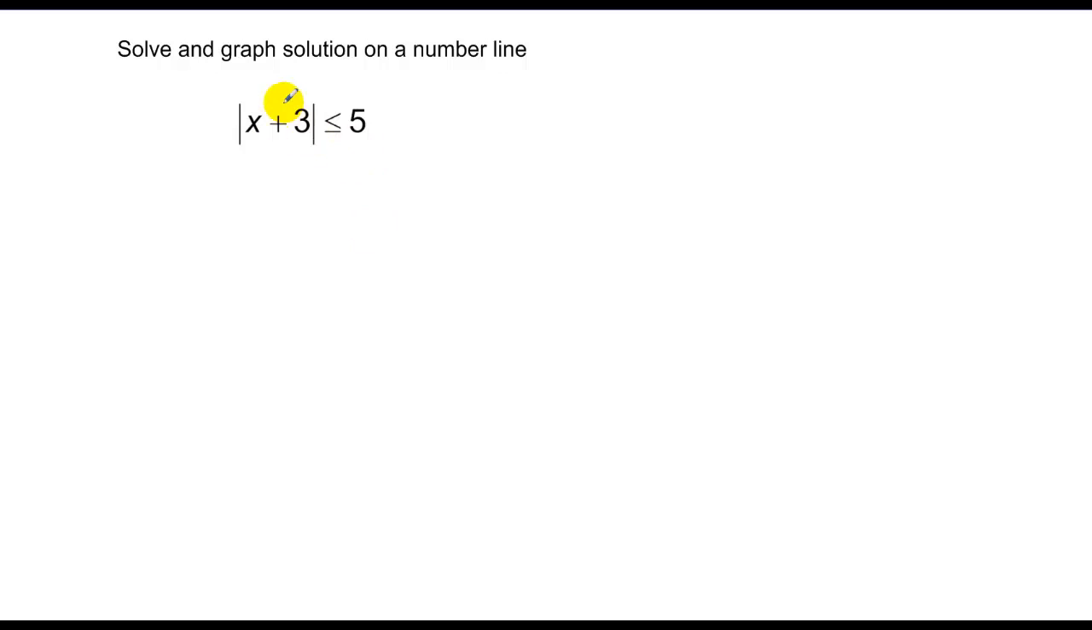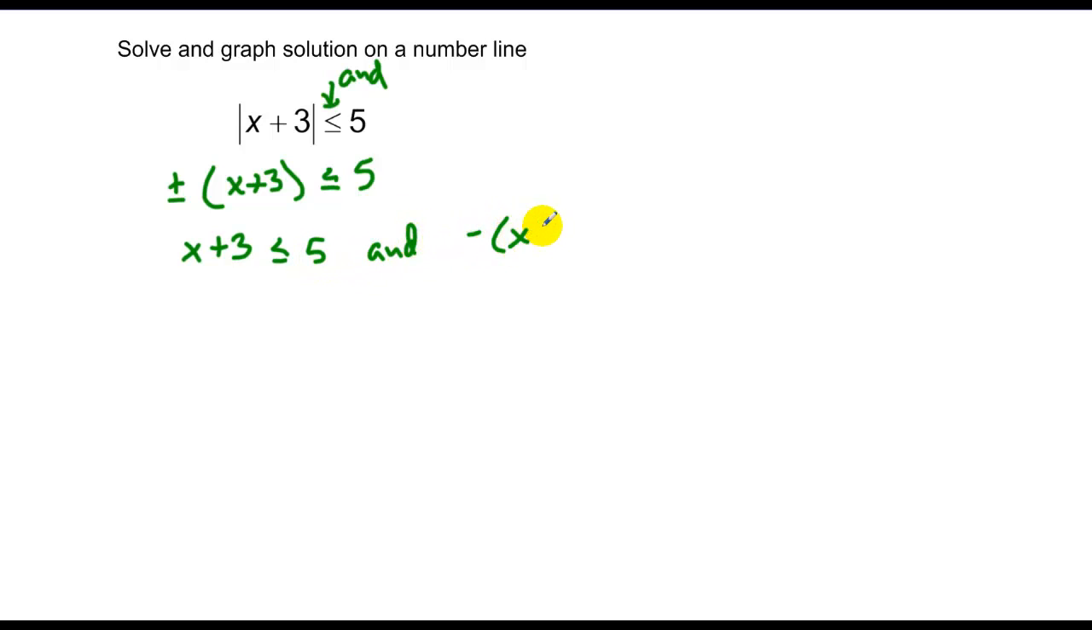We want to get rid of the absolute value because we can't work within it, and create two equations, a plus or minus equation to remove that absolute value sign. So, again, here's an absolute value less than or equal to, so we know this is going to be an AND problem. And I have plus or minus x plus 3 less than or equal to 5. Write my two equations, x plus 3 less than or equal to 5, and the opposite of x plus 3 is less than or equal to 5. Solving, I subtract 3 from both sides, and I get x less than or equal to 2, and